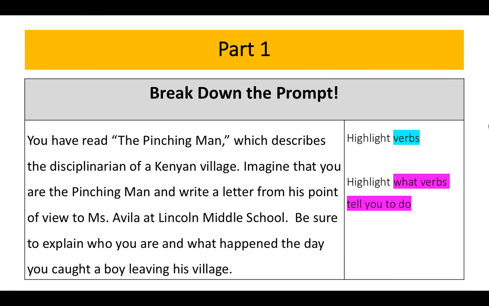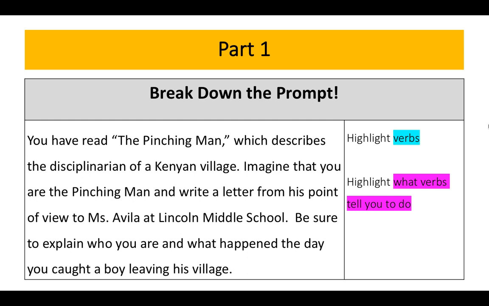The first thing we're going to do is break down the prompt. So this is the question we are answering today. You have read The Pinching Man, which describes the disciplinarian, that's the person who enforces the rules, of a Kenyan village. Imagine that you are the Pinching Man and write a letter from his point of view to Miss Avila at Lincoln Middle School. Be sure to explain who you are and what happened the day you caught a boy